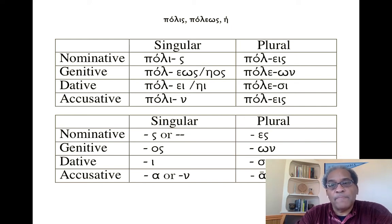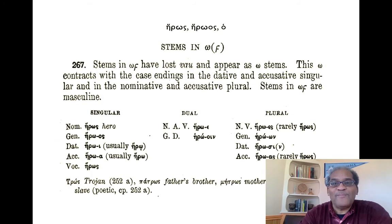Do it like that, and then in your mind, conceptually, you are nevertheless aware of this phenomenon of transfer of quantity. So when you see it on the page, it does not throw you. And it really won't. It's just kind of wonderful. Okay. So next we have ŷρως, ŷρωος,